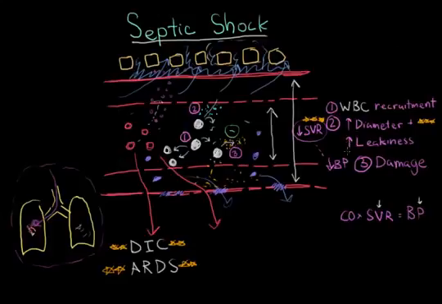Now, a final point that I want to touch on is the cardiac output. Cardiac output will initially increase to try to compensate for this decreased vascular resistance, right? It makes sense that if you increase cardiac output, it will even out the blood pressure. However, as septic shock goes on, the heart too can become paralyzed and damaged by all these immune molecules. So if left untreated long enough, cardiac output will start to be depressed. Cardiac output will decrease. And of course, if you decrease cardiac output instead, then blood pressure will also decrease.